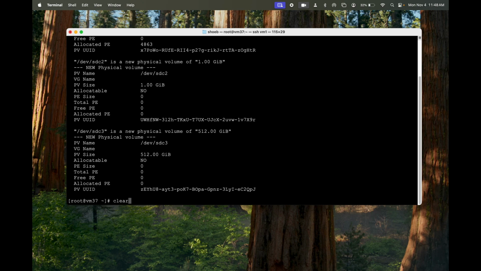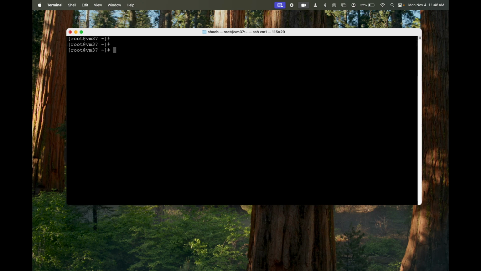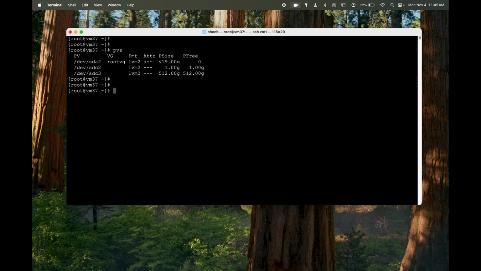Okay, so let's clear the screen out. So there's a couple of commands, pvdisplay and PVS. We can change the size of an existing physical volume. So if I do PVS, let's change the size of SDC2 from 1 gig to 512. So we could do pvresize,